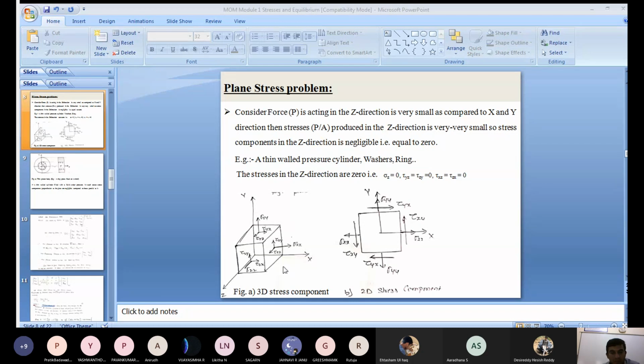Similarly, go for the negative x plane; in the negative direction you have to represent it. Similarly go for the y plane: in the positive y plane, sigma y and tau yx are visible from the z direction. What about tau yz? Tau yz is 0 in a plane stress problem, meaning stress induced in the z direction is 0. Sigma zz is 0, tau xz is 0, tau yz is 0. That is the condition you can see here. Now you can see only two-dimensional stress components for the two-dimensional problem. This is for the plane stress problem.